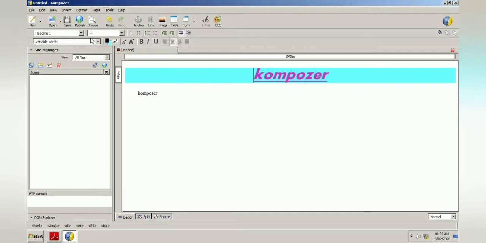So here you can see the use of formatting toolbar 2, which provides us all the basic functionality: bold, italic, underline, text color, background color, highlight color, our alignment options, and we can change the font style. So this is about format toolbar 2. Then the next item is the site manager. What is the use of the site manager here? The left hand side is known as the site manager, and it is used to upload and download the web pages.